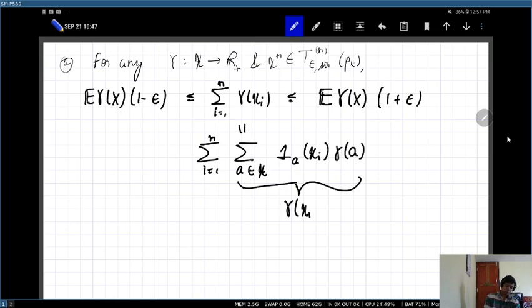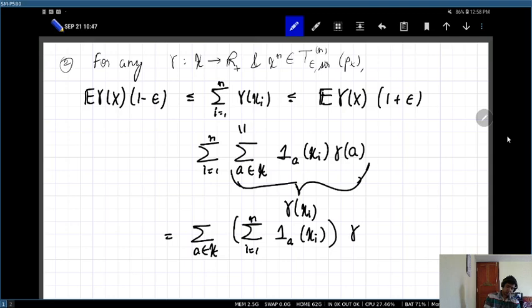You should convince yourself of this quantity within this region, right? So if I interchange the order of summation, sum over a in X, sum over i from 1 through n of indicator a of xi, times gamma of a,